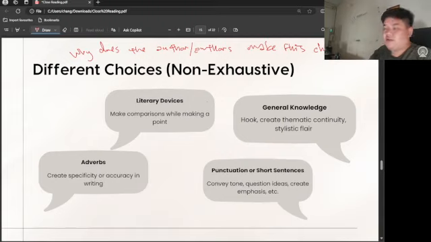Okay, so why does the author make use of certain literary devices? Or, let's say similes, right? Because they want to make certain comparisons while making a point. Or metaphors as well. Or why does the author make use of this particular event